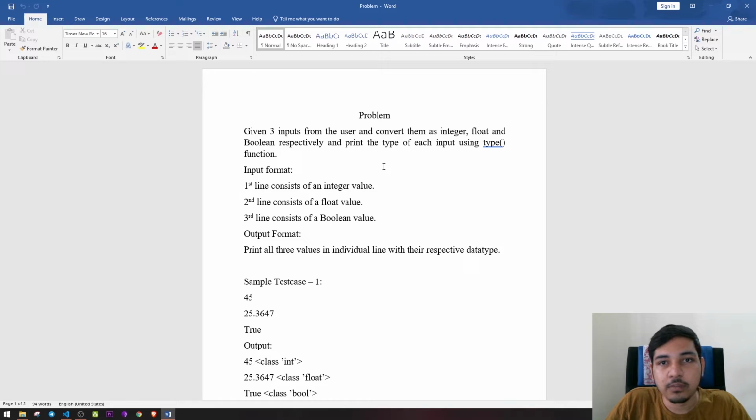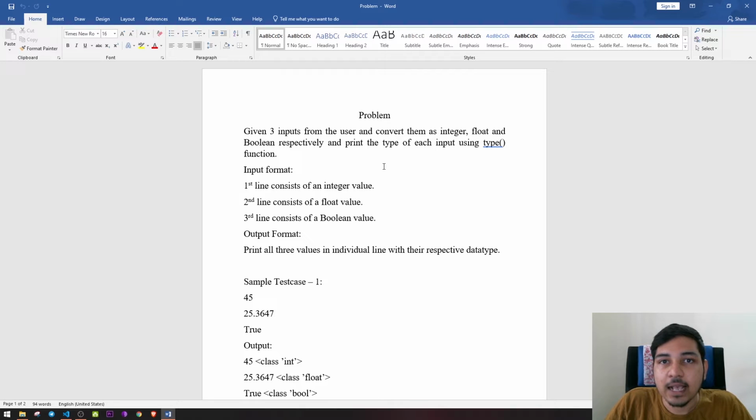I know you have doubts about what this string is. Remember that a string is a text format. It's just representing wording, like only text, a sentence or a paragraph or something like that. That is one kind of data type that is present in Python. And we need to convert these three values into their respective data types: integer, float, and boolean. So how do we do that?